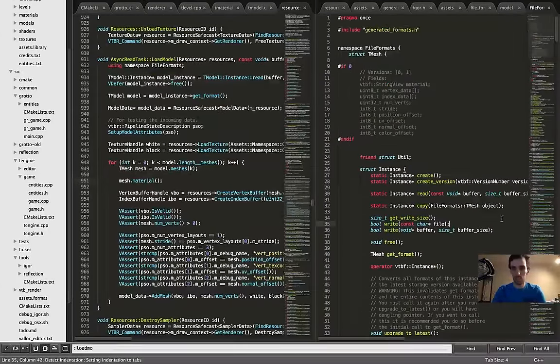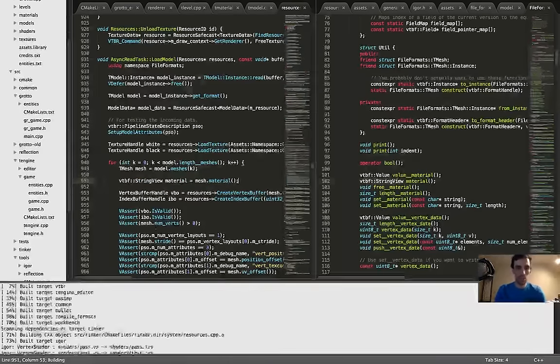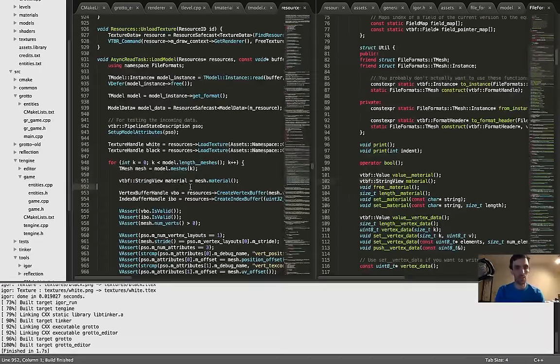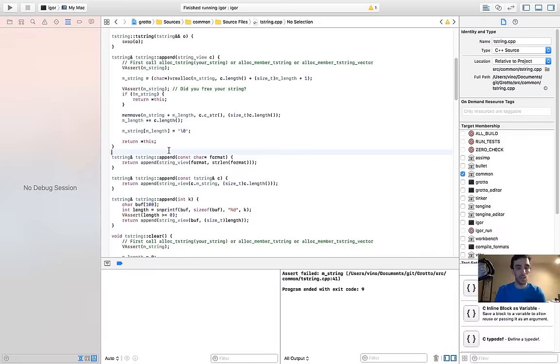T-mesh, perfect. It returns a string view. All right. ETF string view material. So I just want to see what material I get out of here. Make sure it's the same material that I passed in earlier. So we're going to come over here and